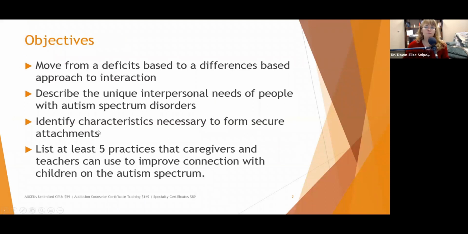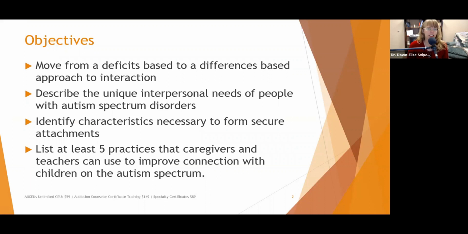We're going to move from a deficits-based to a differences-based approach to interaction. We really want to see people with autism as neuroatypical. We want to describe the unique interpersonal needs of people with autism spectrum disorders, identify characteristics necessary to form secure attachments, and list at least 5 practices that caregivers and teachers can use to improve the connection with children